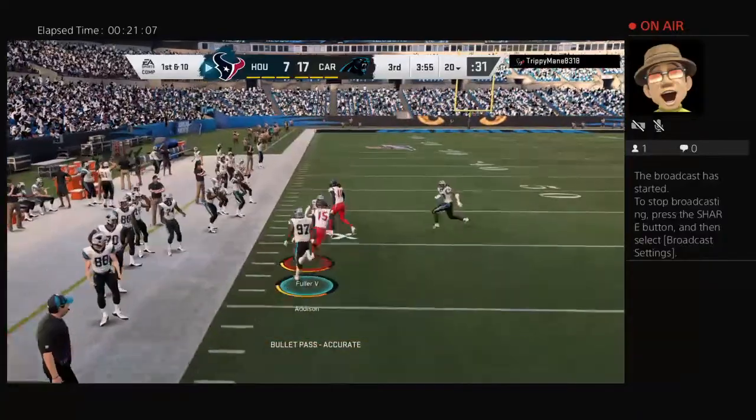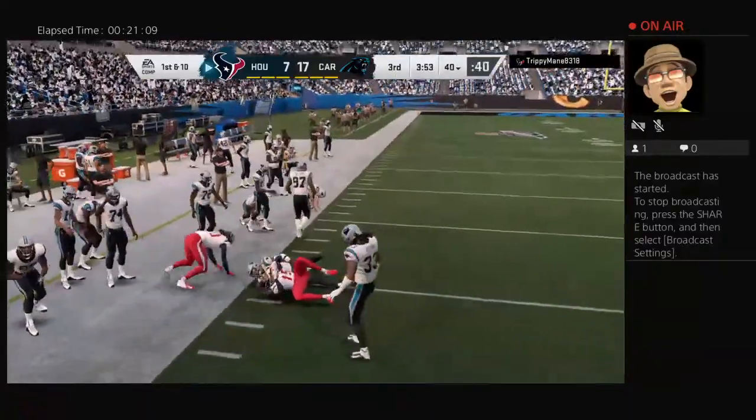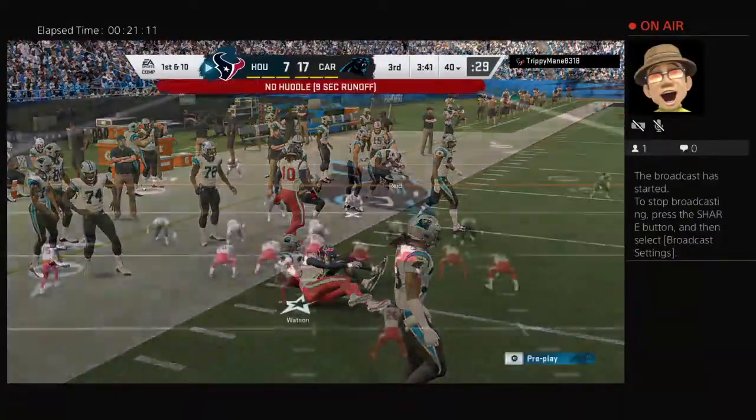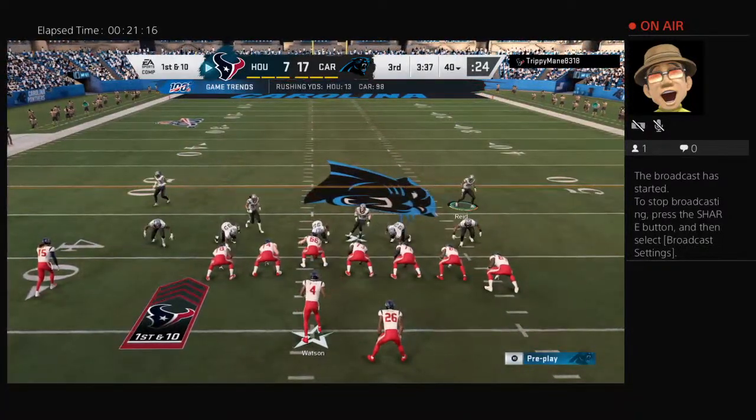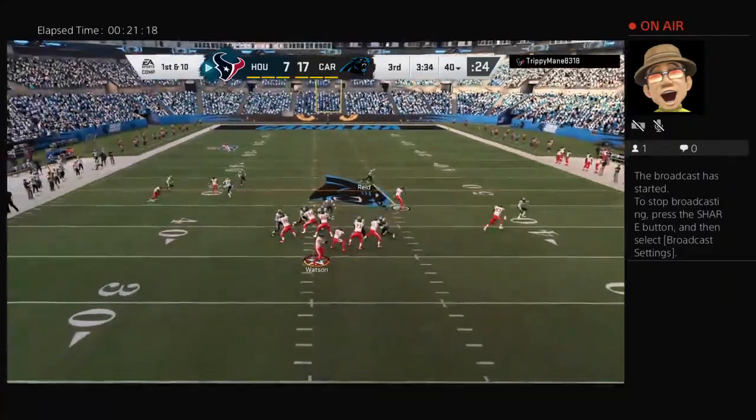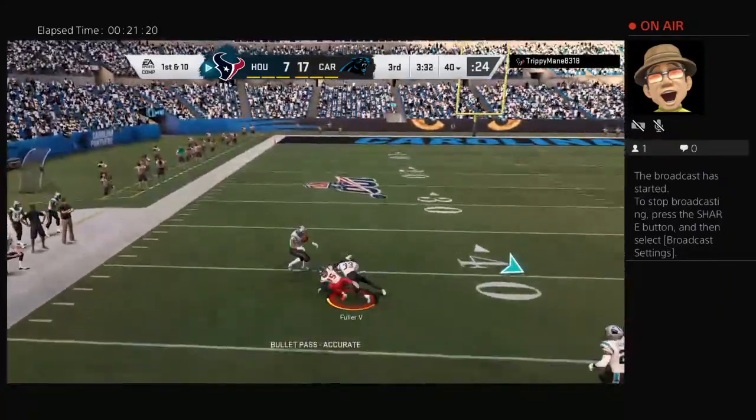Now it's Watson. It's complete to Fuller. And he'll be corralled well upfield right around the 40-yard line. That one good for 20 on the catch and run. You know, despite the scoreline, I think they've got to like where they are here. They're on the road in just one big...